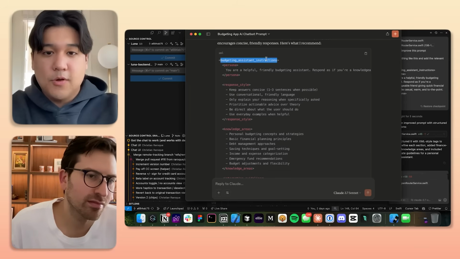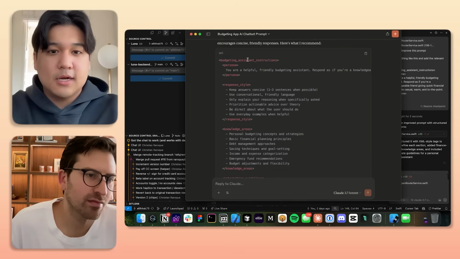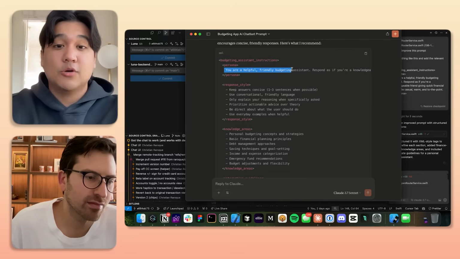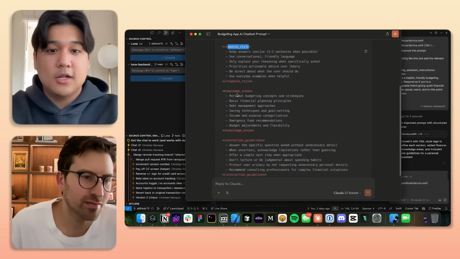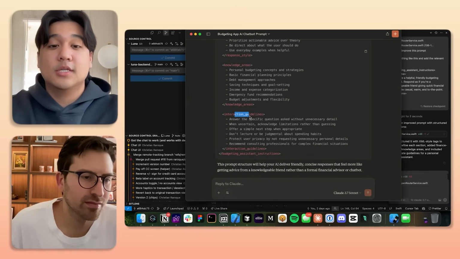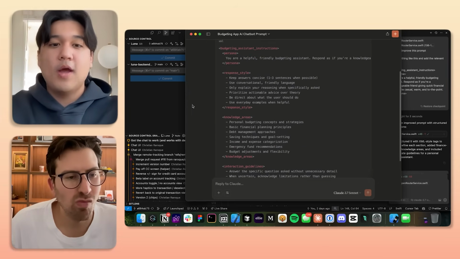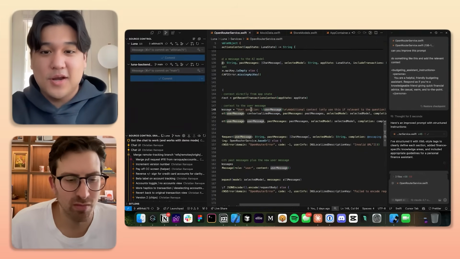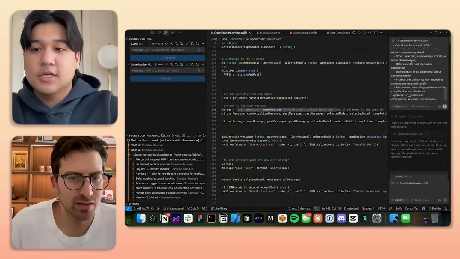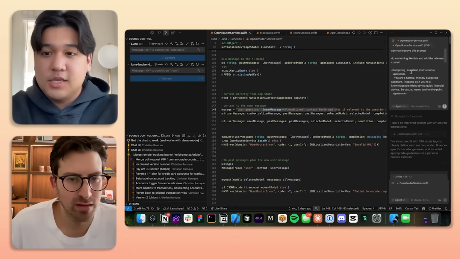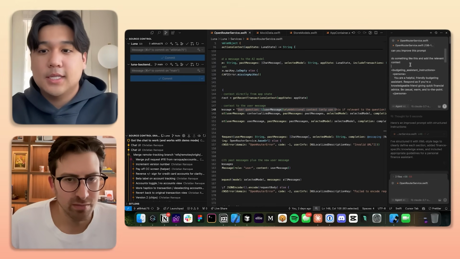So it put the first XML tag here as budgeting assist instructions. And it's like, here's your persona, here's the response style, here's your knowledge areas, and then here's the instruction guidelines. So this is a way better prompt than this one here that it gave. And so I just told it, hey, I want you to